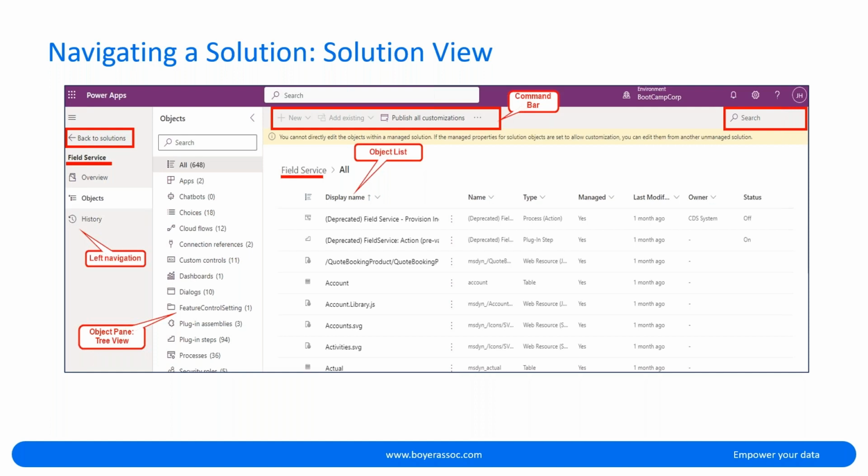And then in the middle of the screen is where it shows you every single thing you have in there. So you can select and choose what you have been working on, if you wanted to remove something and whatnot. And then one cool feature on the right-hand side is the search. Again, you have 648 different objects in your solution, so you don't want to scroll through one at a time. If you know the name of it, you can hit search, and it would actually bring you to that particular object that you're looking for.